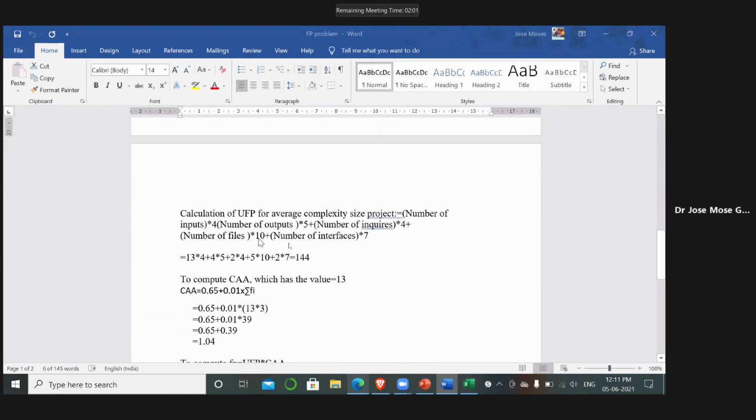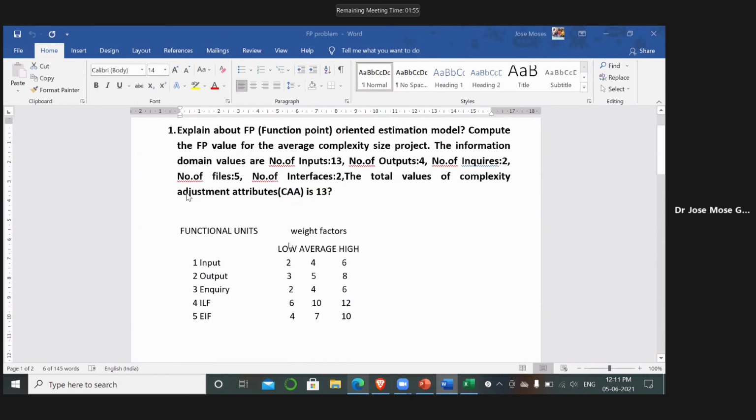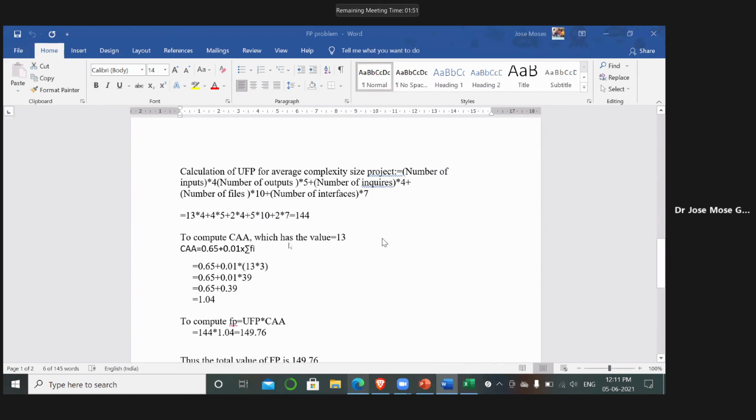So what have they given? They have given it as 13. So to calculate CAA, we have 13, and the CAA formula is 0.65 plus 0.01 into sigma Fi.